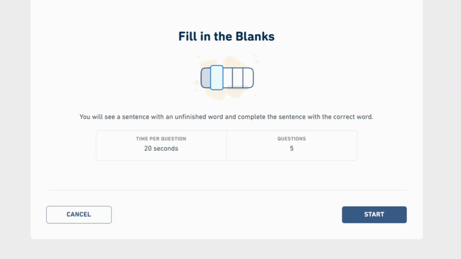Hi everyone. In this video, I'm going to show you how you can use AI to create your own fill in the blanks question. This is of course a question from the beginning of the Duolingo English test where you have 20 seconds to complete an unfinished word. Just so we remember what this looks like, let's take a look at a quick example from the Duolingo English